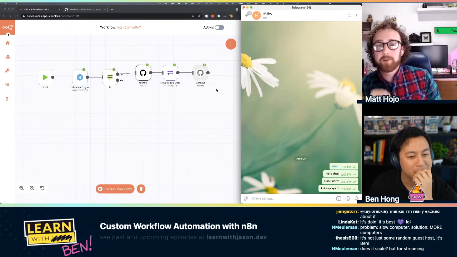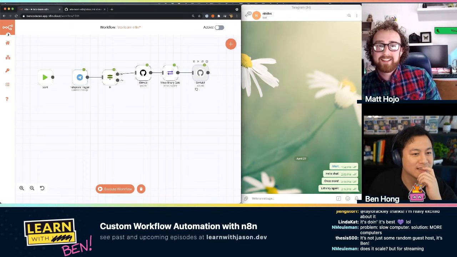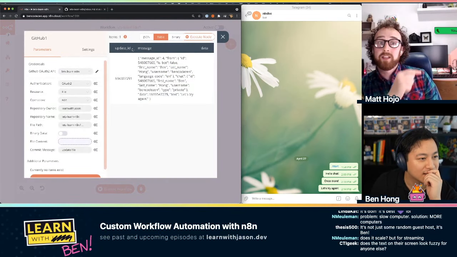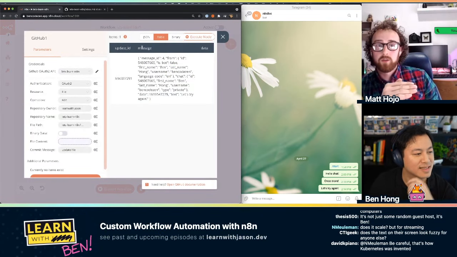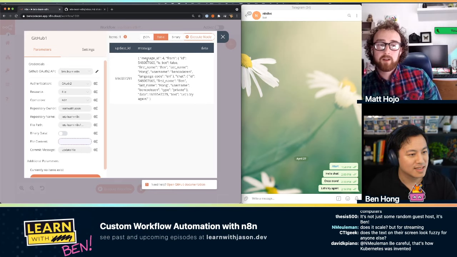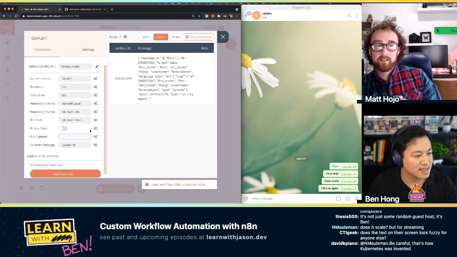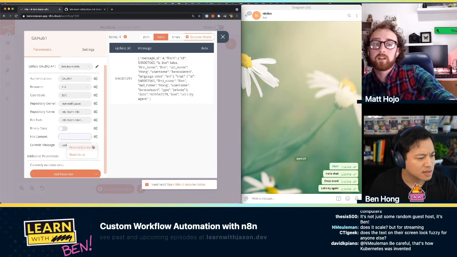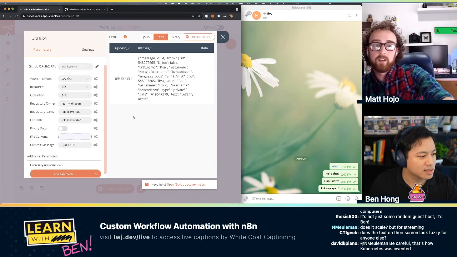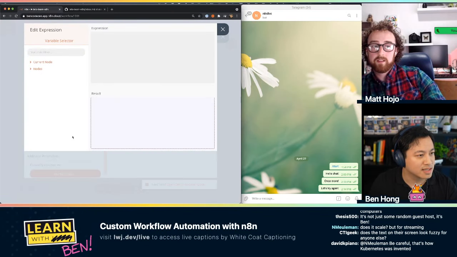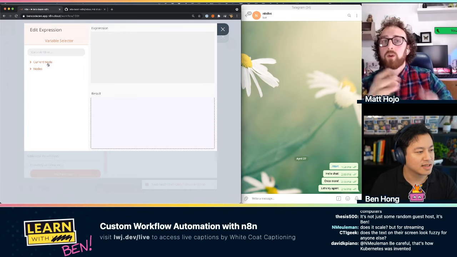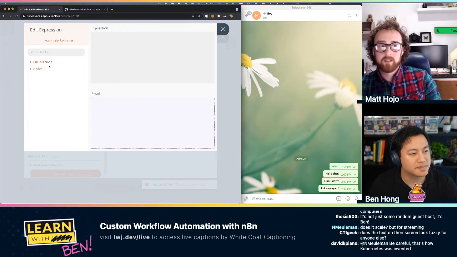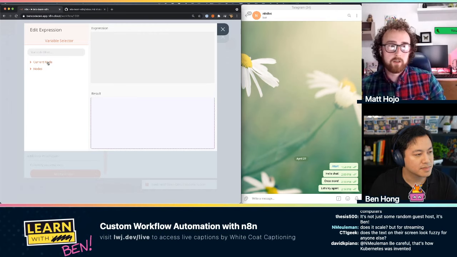So if we double click on that, we now will have the ability to select in file content in the expression editor. So we'll go into the cogs here. Sorry, we've already got one. So if you double click on the input field on the left of that, like this, there we go. I'll open it back up, because we've already added an expression, so it knows this is the intent. So if you click current node